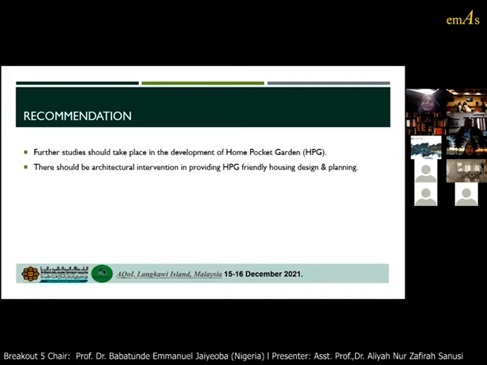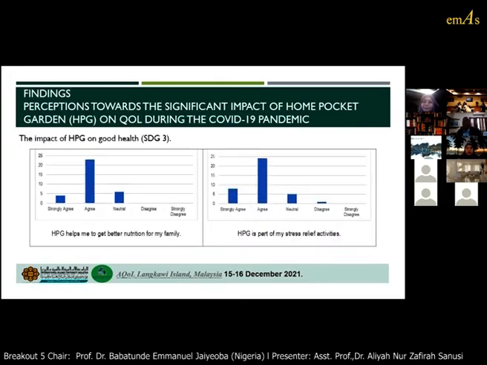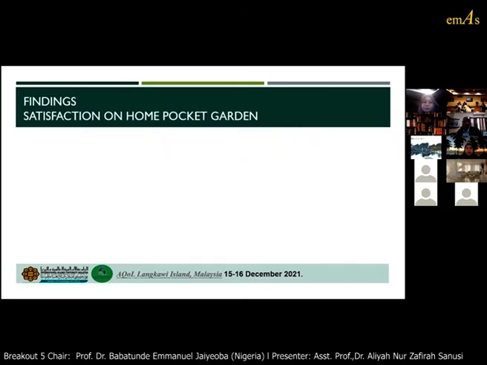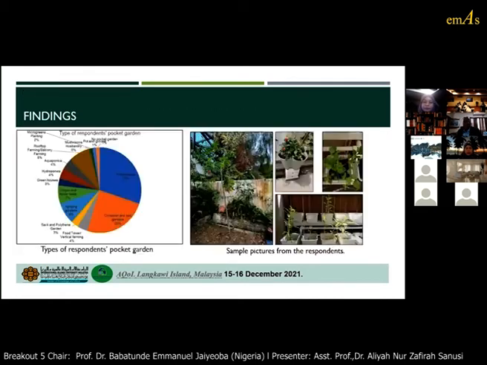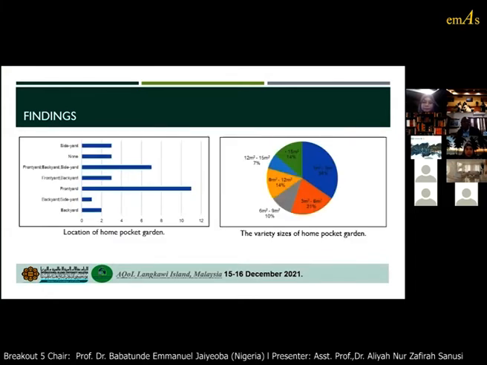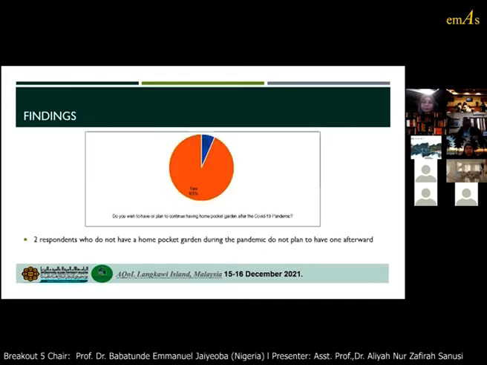Okay. I was just thinking that maybe for greater influence, it would be good to examine some public housing that's also designed for different income groups. So we can really know the effect of this home pocket garden on the different income groups. I have a feeling you chose a purposive sample of places that already have home pocket gardens, and like you said, it might be related to the middle and high income people.